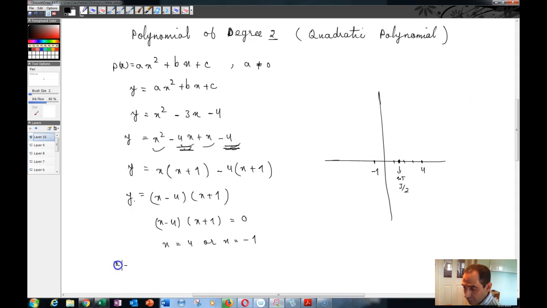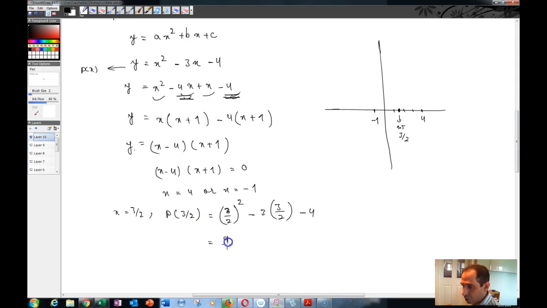So if x is equal to 3/2, then, if you call this p of x, for example, p of 3/2 is going to be equal to 3 by 2 whole squared minus 3 times 3 by 2 plus minus 4, and that's equal to 9/4